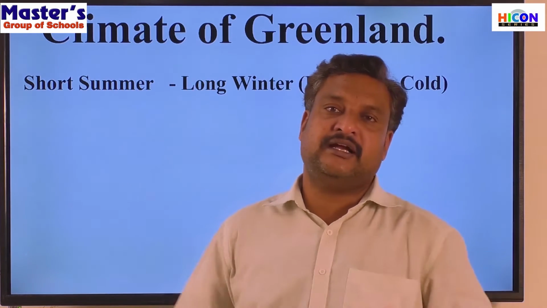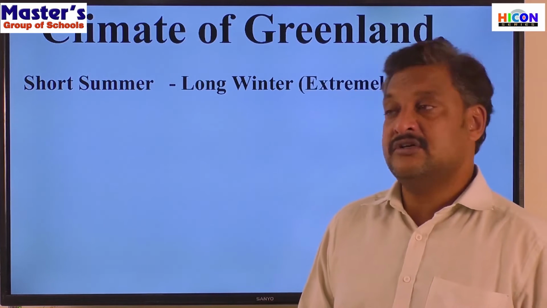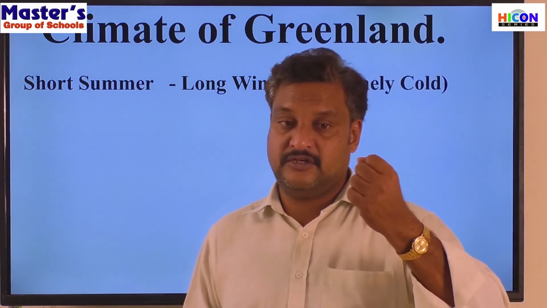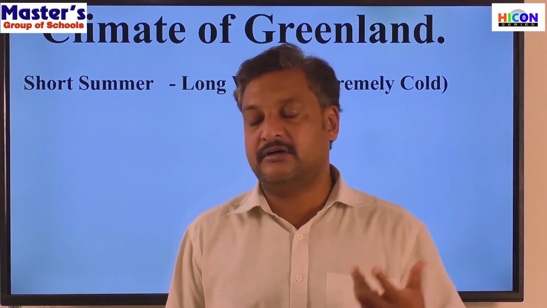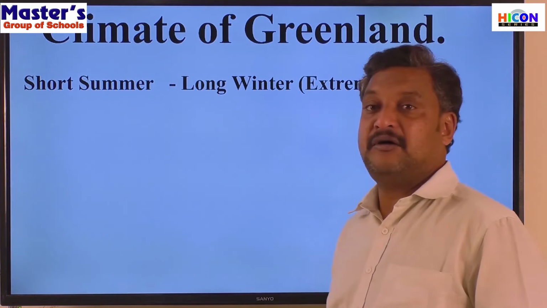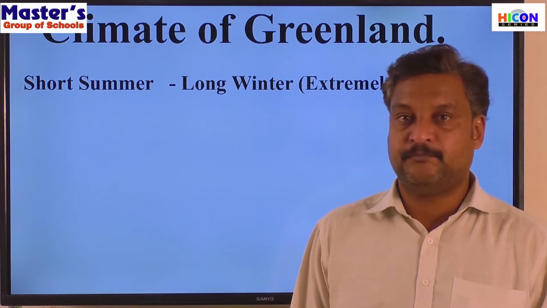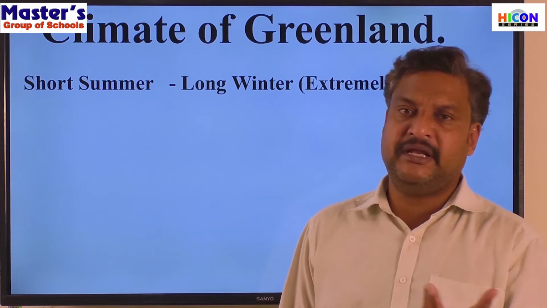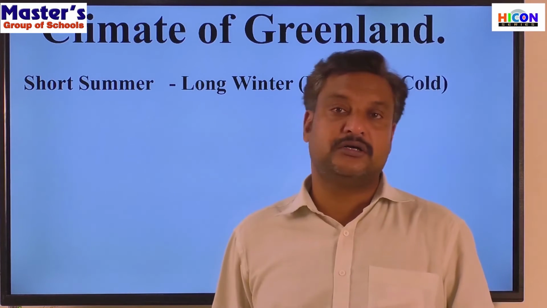Okay, so it's not that hot. It travels a long way to reach the polar regions. So temperature is comparatively very low, and because of the tilt, it still receives a very small amount of sunlight. Because of this reason, summer is hardly around 3 months in this region. Out of 12 months, 3 months are summer and the remaining 9 months are winter. So short summers, long winters.